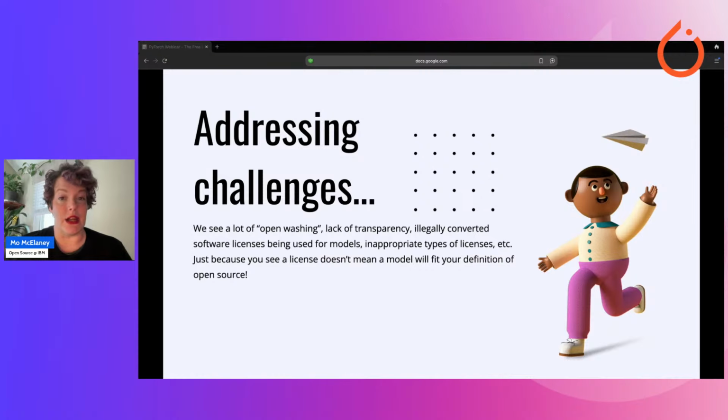There are also illegally converted licenses out there. So a license that's ripped out, changed, and then not really properly attributed. Open source licenses that are made for software used on non-software without any kind of changing them to accommodate what's actually being pushed in the open by these AI models. And user agreements used on model weights and that kind of thing. So there has not been very much adoption of the OSI definition due to all these remaining challenges.